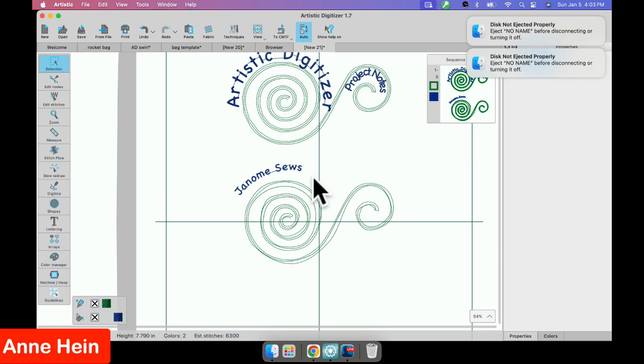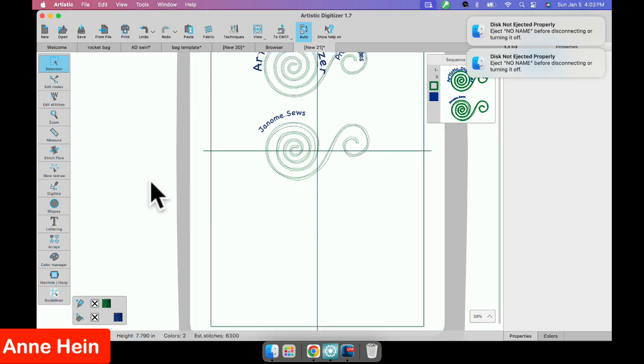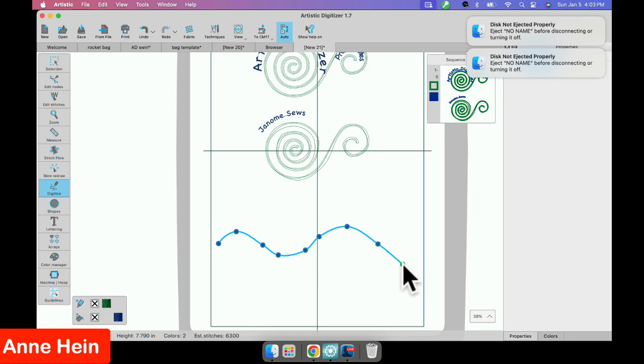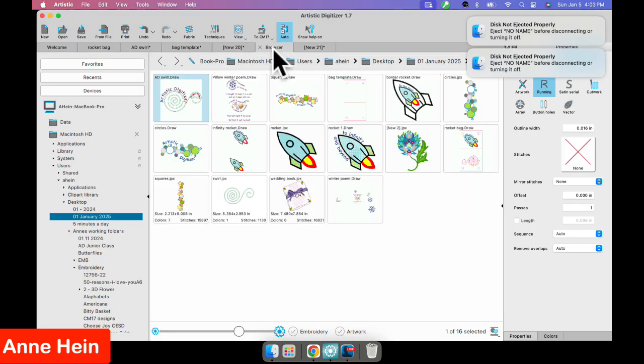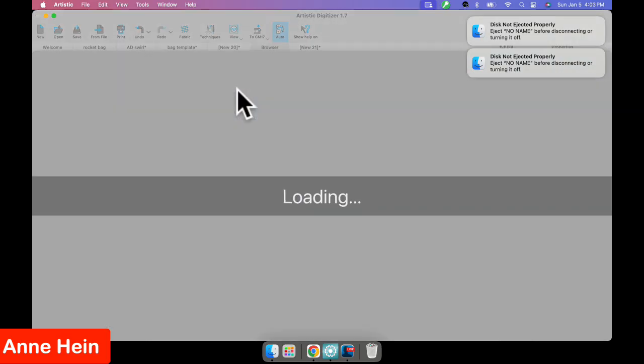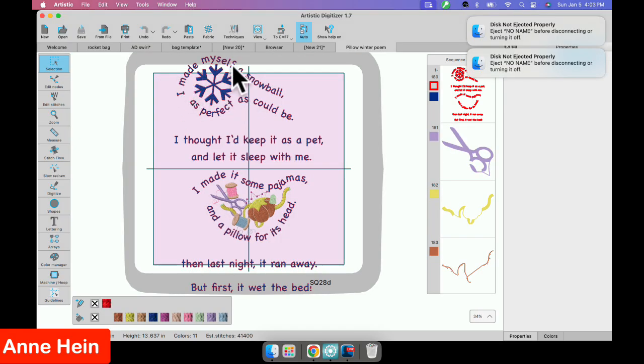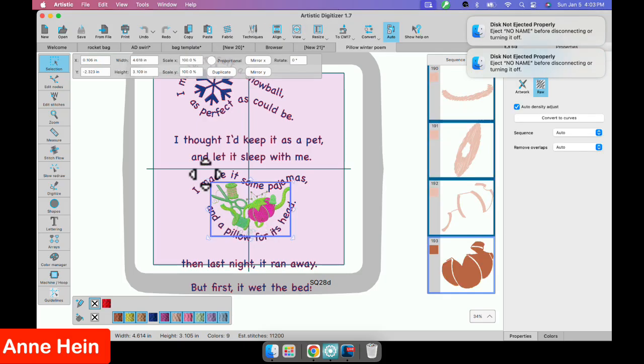Now, the other way the text on path works well is if I wanted to put a line of text like this. Maybe I was writing, I don't know if I did one that way. Let me see what's in my browser. Here's one. I'll open this. So here is this is from Shel Silverstein, and I made my lines come up over my snowball, under my snowball. I made it go along this little design, and let me collect this design,